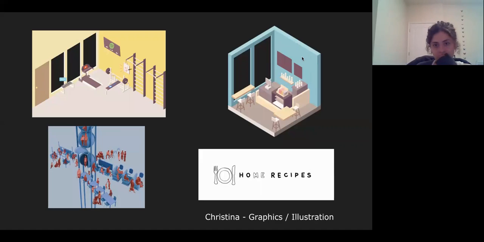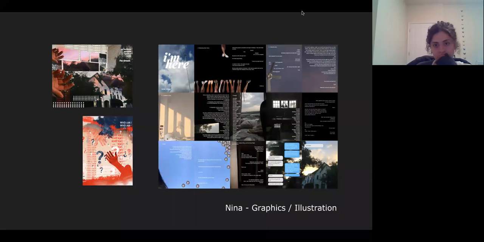So now we also have some examples of graphics and illustration from our officer team. Hey guys, so this is just some of the graphics I've done through various competitions along with hackathons. So you can see that the styles vary a lot. You include logo design, you include interactive graphics and stuff like that. And then this is some of Nina's work. So as you guys can see, we have a really diverse range of talent among our team, so please take advantage of it. So I think that wraps up our first section,